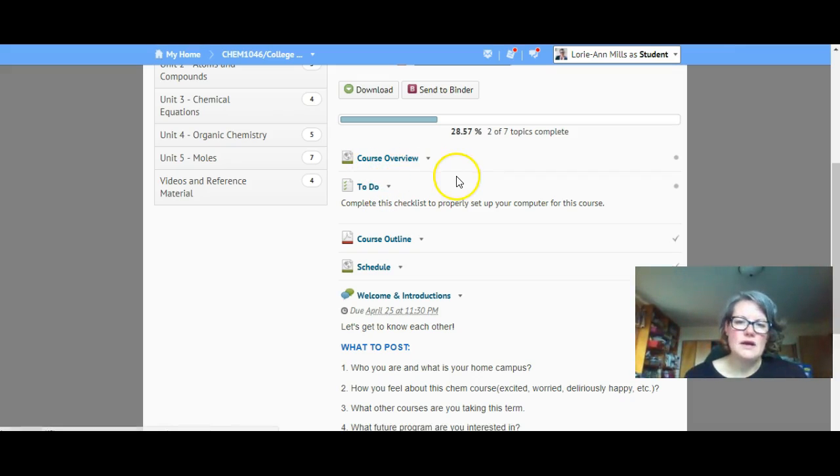I'm just going to point you towards some of the more important things in this welcome unit. The course overview, you want to read over that, and that gives you a good introduction to what to expect in the course. The to-do list is super important because this is going to be the checklist that you are going to use to make sure that your computer is set up properly for the course. So if you click on the to-do list,